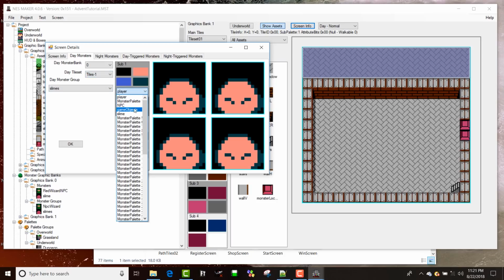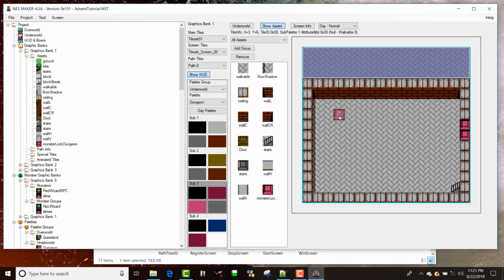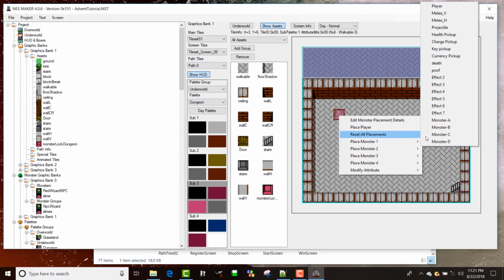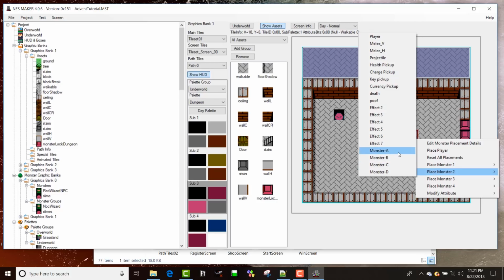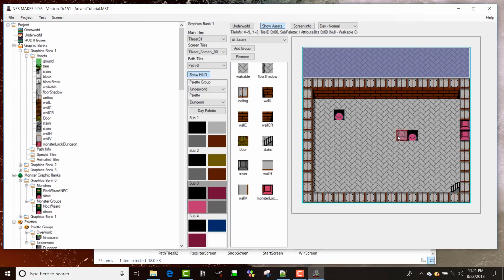Slimes, slime, okay. And I'll just place 2 slimes in here. There we go. And now when I defeat these guys, this will open. I'll be able to go off and come back. These guys will be gone. If by chance I just want the door to be gone and I don't want the slimes to be gone,